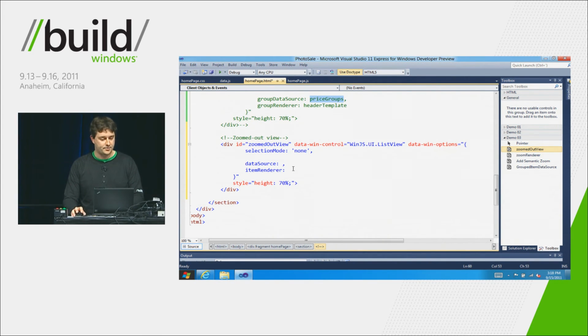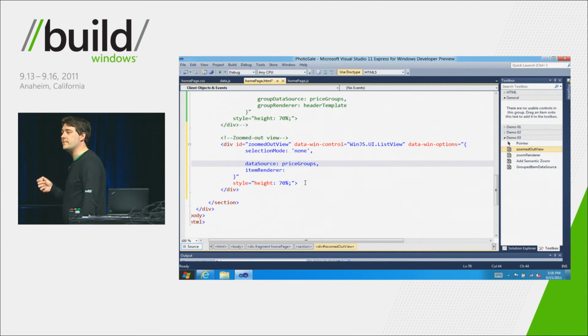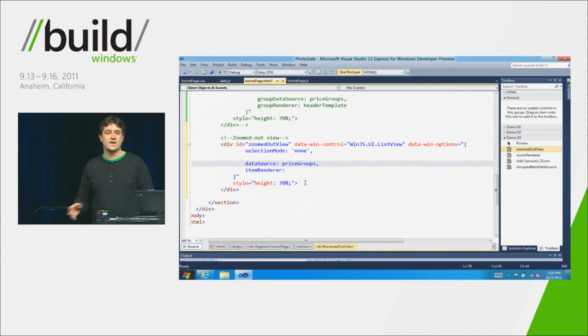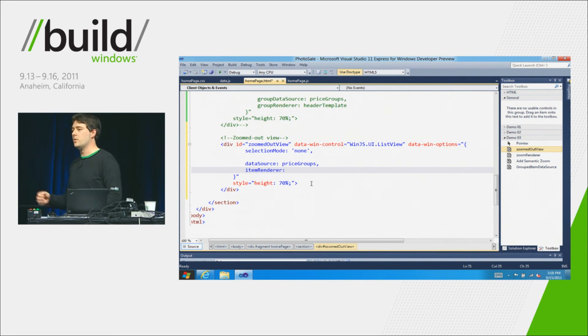So I can just take that price groups data source, put it in as my primary data source on the zoomed out view, and I'm done. So that completes feeding in the data source. And then we need an item renderer, a way to render those different groups when we're in that zoomed out